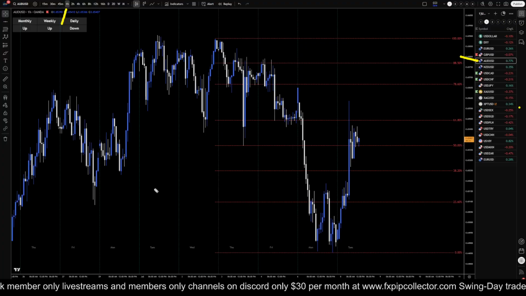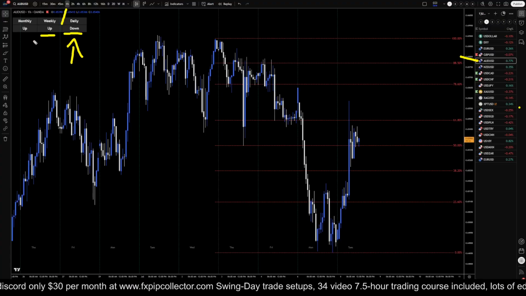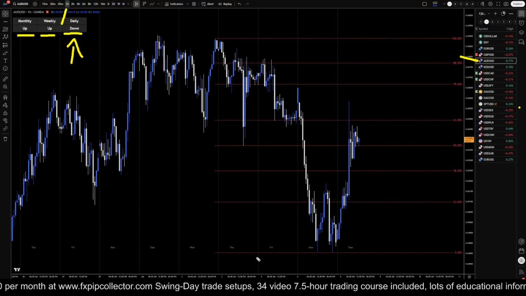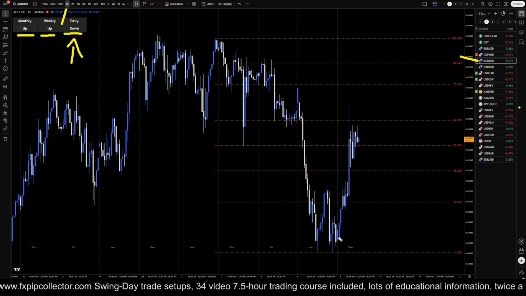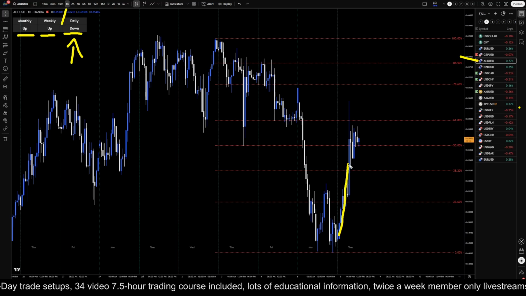We are on the 1 hour time frame. So the daily did turn down on the Aussie dollar. The question is: is the move down on the daily just a pullback to the uptrend on the weekly and the monthly? Now, last night we had Aussie interest rate news, where they decided to not change the interest rate, which actually caused the Aussie to be very strong throughout the Asian session.